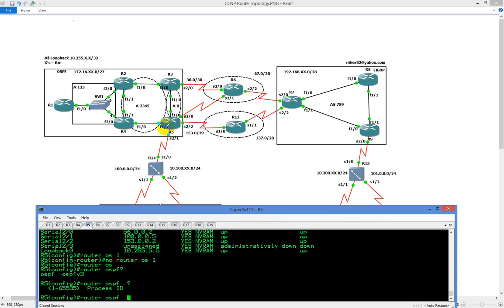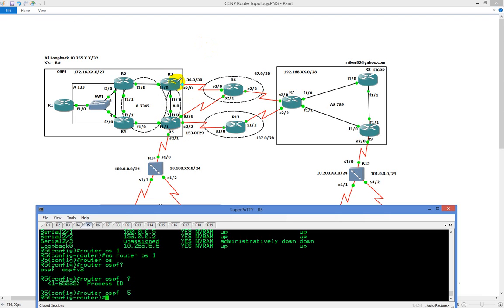So think of them as two different instances of OSPF. Now, if router 5 here is running process 5, and router 3 is running process 3, they're going to form adjacencies, no problem, because like I said, it's locally significant. So we'll type in network of